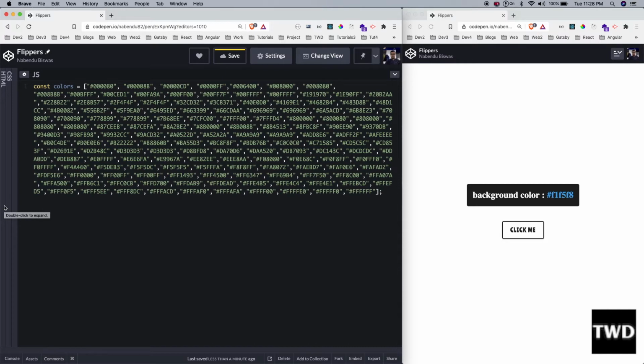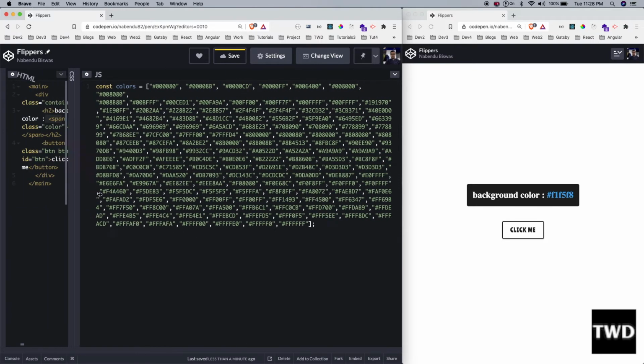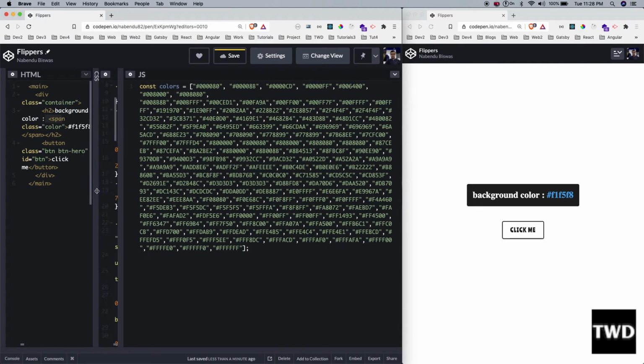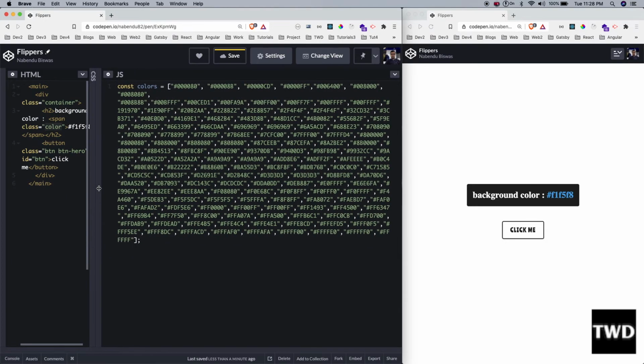Okay, so after that, let me have this also open side by side, this our HTML, because it will be better that you can see all these things. So this is like this. So let me come down. Now we will have the logic. So the logic is very simple, actually nothing much in it. We need to first get this click handler, and when we click, I'm going to choose any random thing from this. I am going to choose and I am going to show it. So it will be a very easy logic.